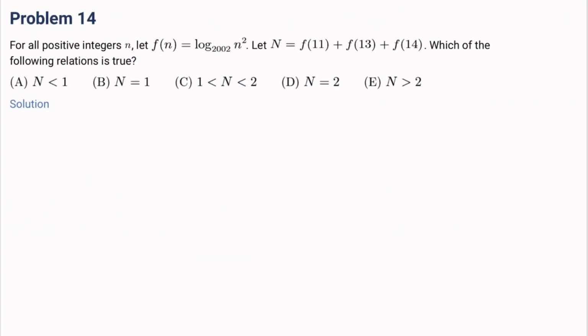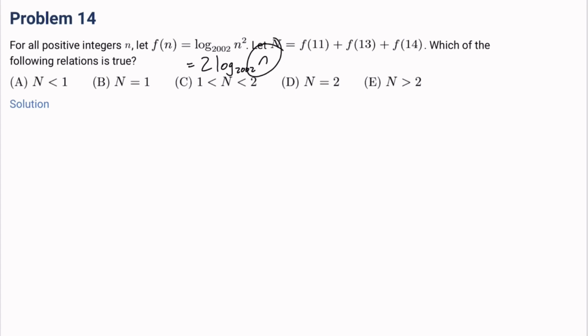Number 14, for all positive integers n, let f of n equal log base 2002 of n squared. And we just see that this is equal to 2 log base 2002 of n. And let N equal f of 11 plus f of 13 plus f of 14, which of the following relations is true? Okay, so since we have 11, 13, and 14 in there,